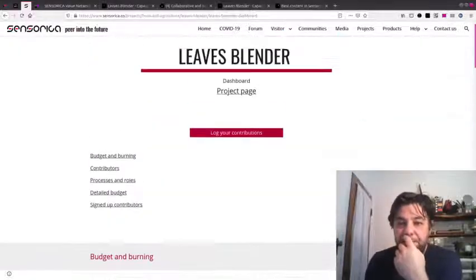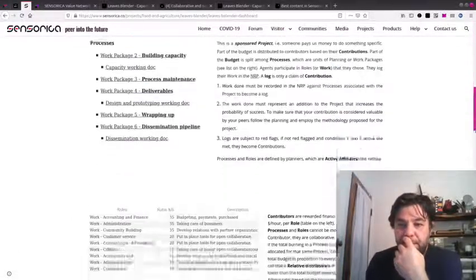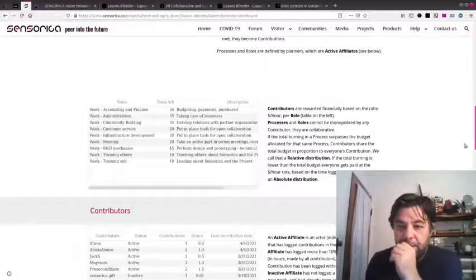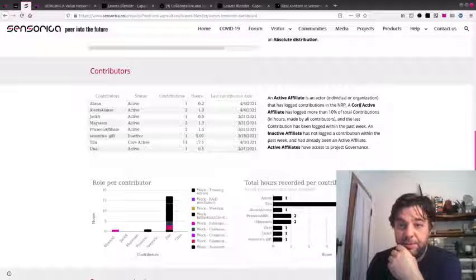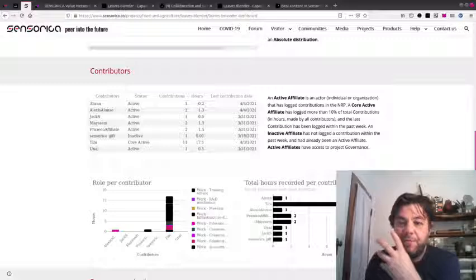Okay, and you're active. Let me go down again here. You're active only if you, not just if you have logged any contributions, but also if you have logged contributions for a certain time. Let's say you have not logged contributions within the past week, then you become an inactive affiliate. Okay, a core affiliate is this group of affiliates that have contributed together the top 10%, okay, of all